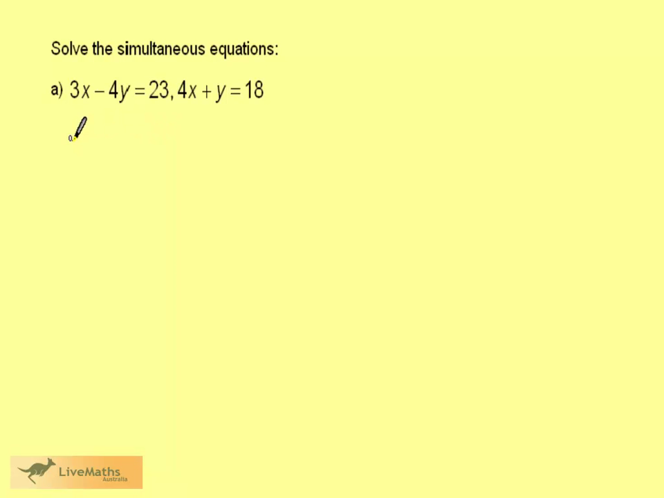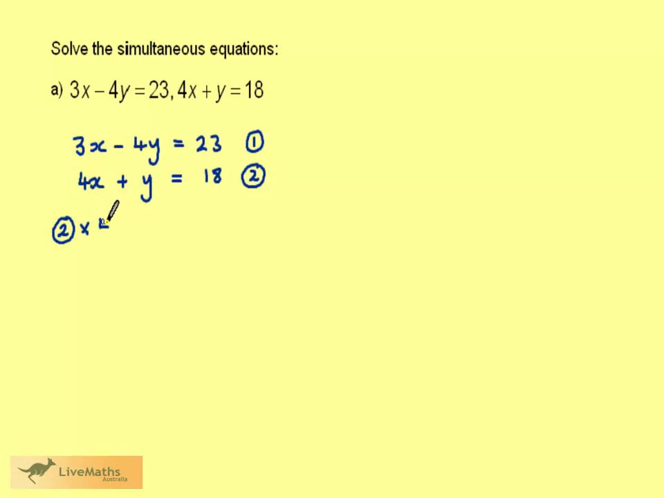We want to solve these simultaneous equations. We have 3x minus 4y is equal to 23, call this 1, and 4x plus y is equal to 18, call this number 2. We don't have the same number of x's or y's. But if we multiplied equation 2 by 4,